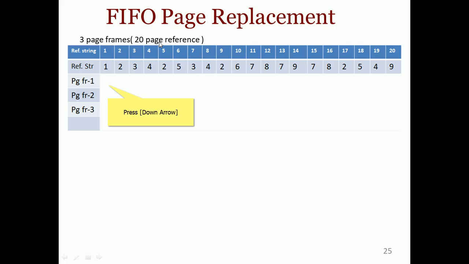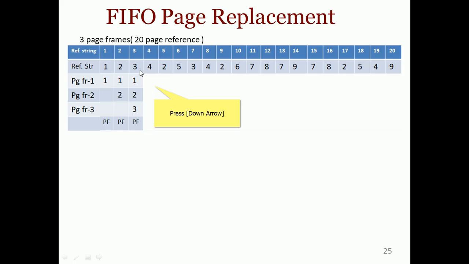So here we get a page fault, because this page is not available in any page frame, any physical memory. Now this page is essential because it is needed, so according to first in first out we accommodate it in page frame 1. Then page 2: the second page is also not in memory, so that is a page fault. Next, 3 is also a page fault, so we bring that page in as well.